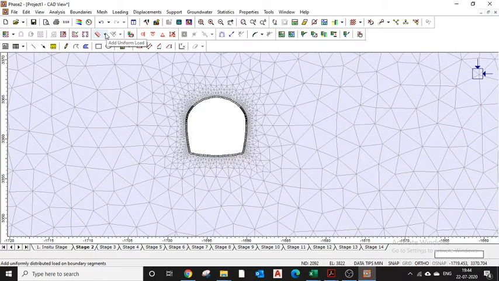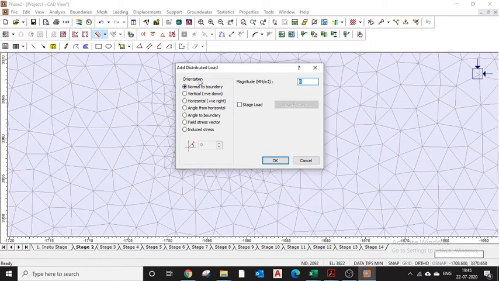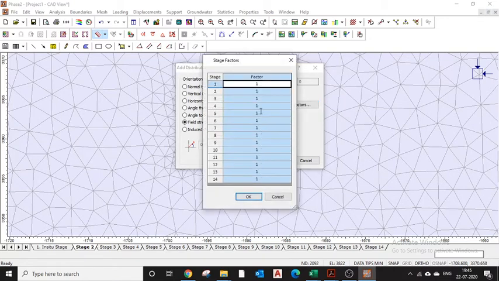Now I will be using the field stress theory. There are many other theories in RS2 like deformation, Young's modulus reduction, and basically what I'm using here is an internal pressure reduction theory. So I'll just click here, distributed load. I will go to field stress factor, stage load, and I will click on stage factors. Okay.